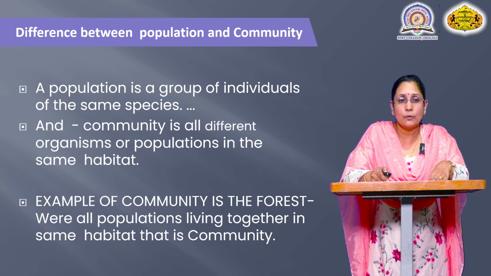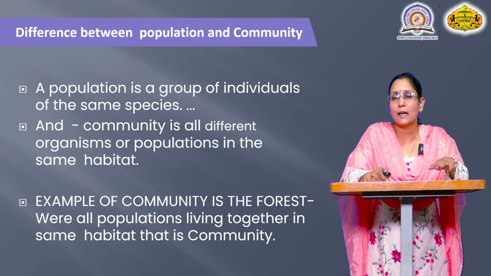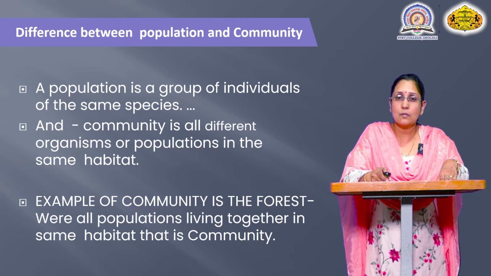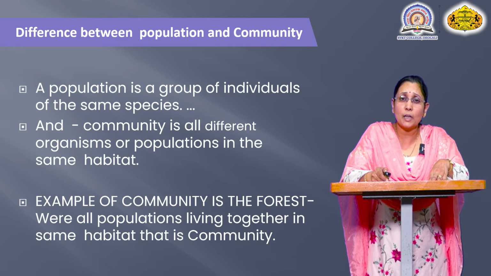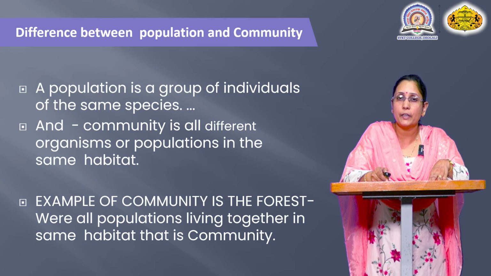So here you can see the difference between the previous term, population, and the second term, community. The similarity in both terms is the group of organisms. Groups of organisms are living in a particular area. But remember, the major difference is that in a population, the same type of organisms, belonging to the same species, live in a particular area and are capable of interbreeding, while in a community, different groups of organisms are living in a particular area.